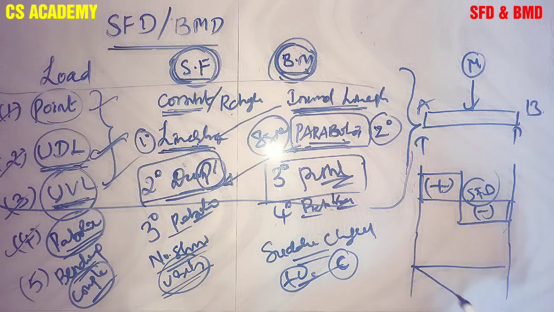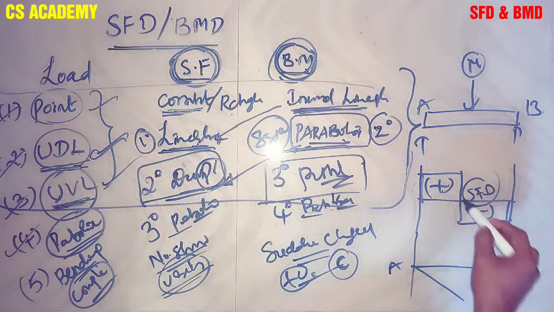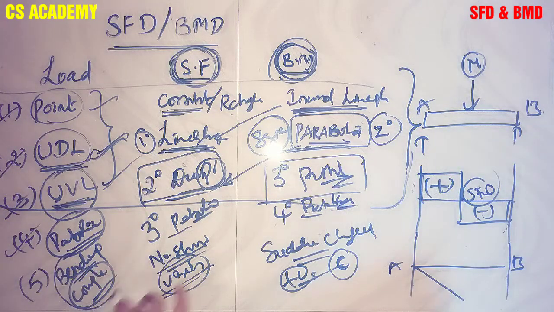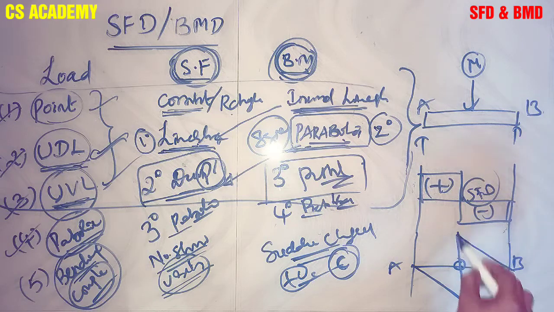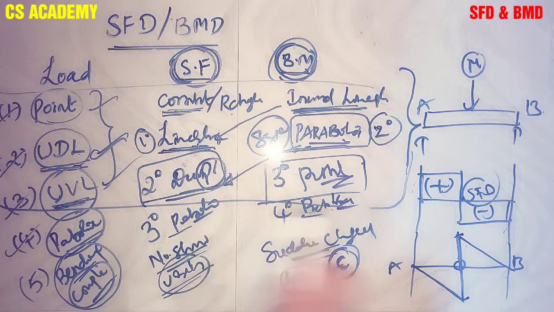Let us consider this is the point A and this is the point B. As I told you, whenever a bending couple is acting at a particular point, a sudden change takes place in the bending moment at the point where the couple is acting. Let us consider this is the point C. The variation of this bending moment is like this. At the point C, the bending moment changes suddenly like this, and the variation continues like this. This is the sudden change at the point where the couple is acting on this beam.